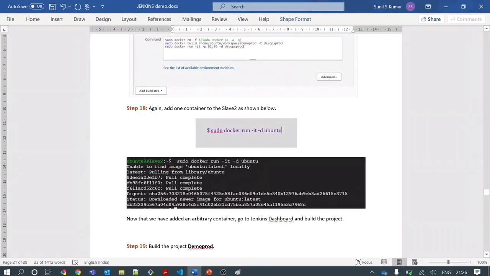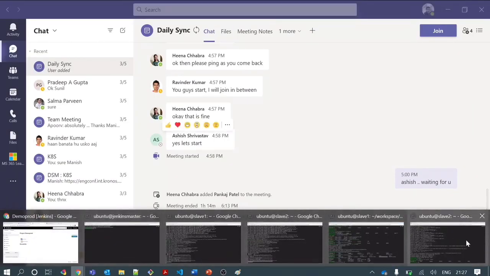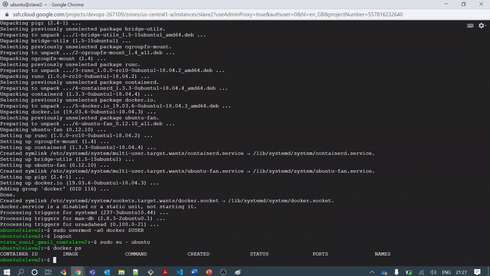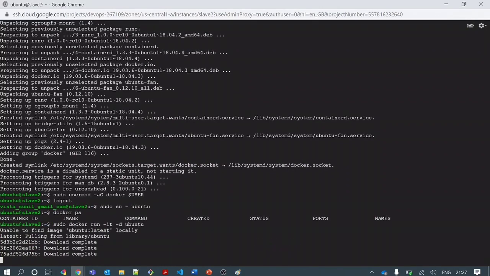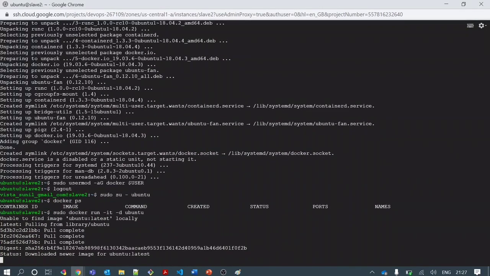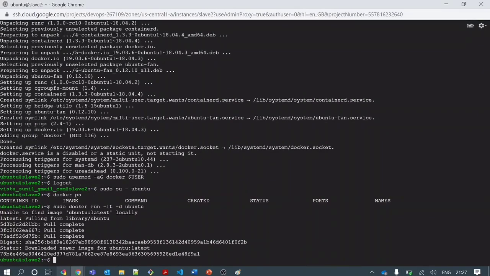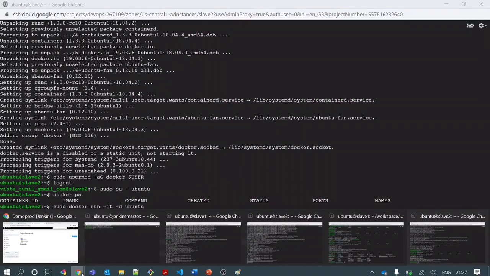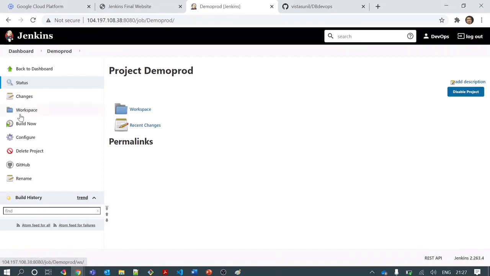Before that, because this will build on my slave 2 node, I will create one container there also, on slave 2, so that my job actually finds one container running and tries to remove it.